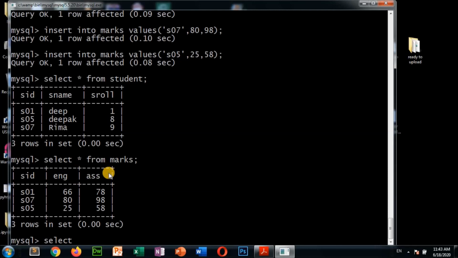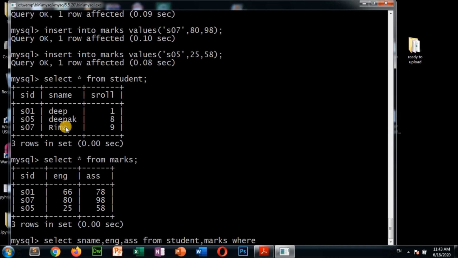Select name, ENG, ASS. I am giving name from the student table, and these two fields, English and Assamese, from the marks table. So from student table and marks table.